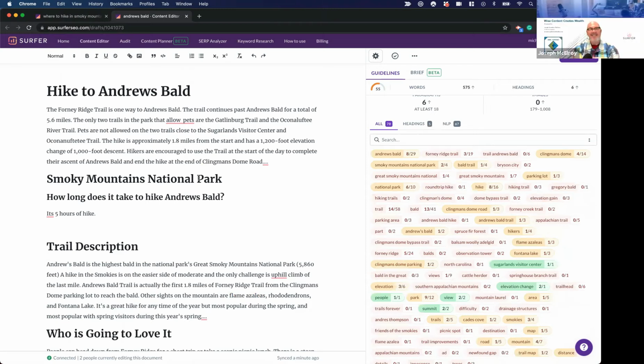These are like stamps. So the way we would modify it is we would tie into the memorable experiences thing, and we would just say a mesmerizing hike to Andrews Ball that you'll never forget. Right? That's your job. My job is to tell you that Andrews Bolt should appear at least 29 times. Cool, right?